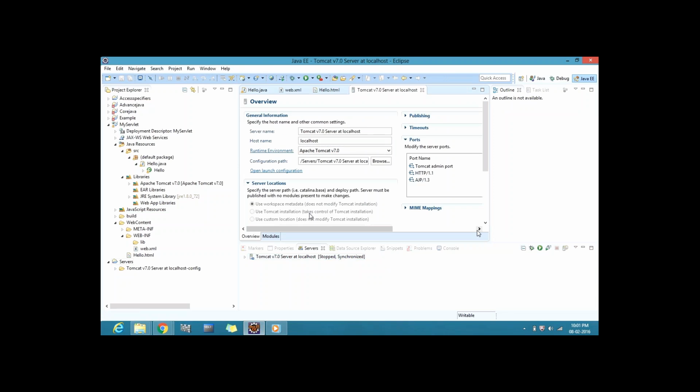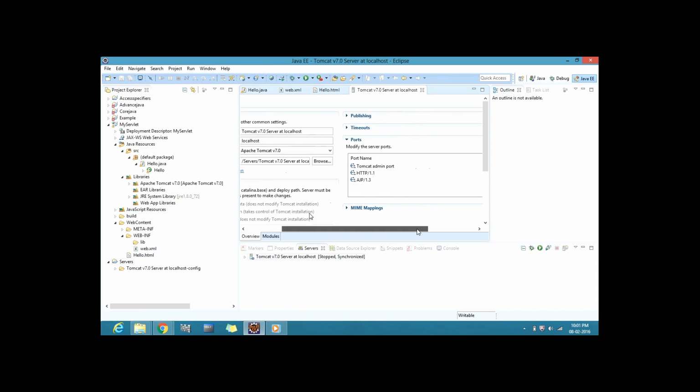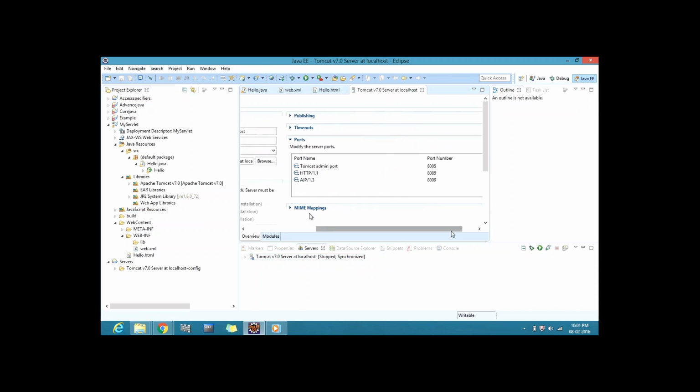Drag it to right. That HTTP1 AJP. Show me that admin port. 8085, that's good. Fine. Do one thing. Double click on 8005. Yes, sir. Okay, change it to 8007 and down. Second one, 8085. Change it to 8081.